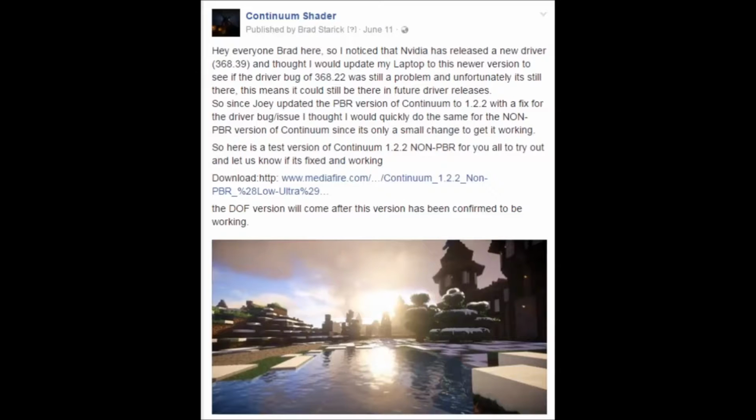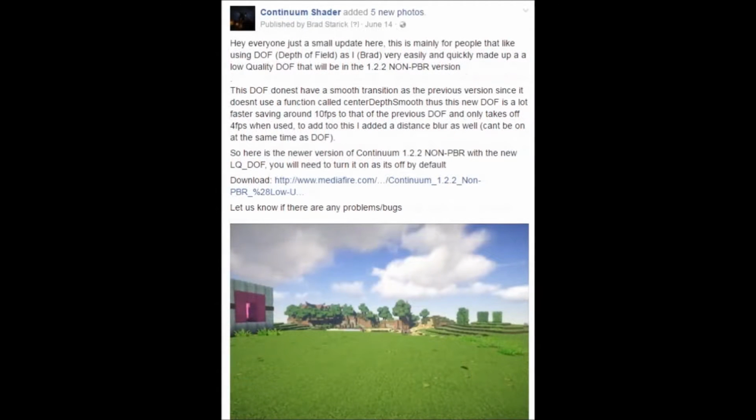Now, I was hoping that the NVIDIA drivers would be fixed with newer versions. Unfortunately, they weren't, so I had to follow suit and release a 1.2.2 version of Continuum with a new fix for the driver bug. On the 14th of June 2016, during a bit of my spare time, I actually came up with a new low quality depth of field and quickly added it to Continuum. This was basically added to the existing 1.2.2 version of Continuum, and it was just dubbed the low quality depth